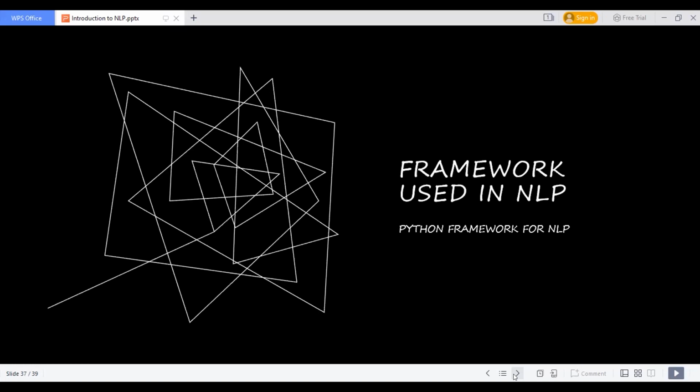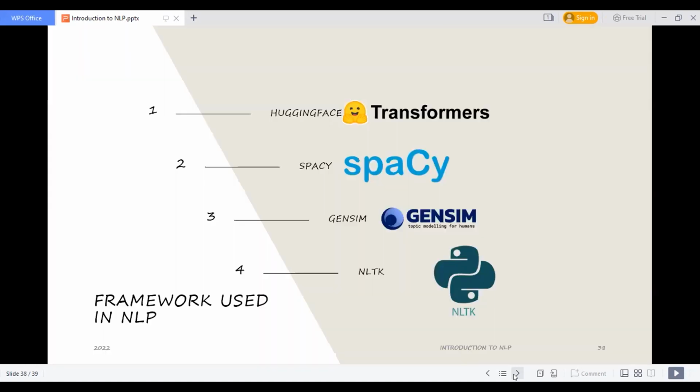Now these are the most important libraries if you want to work with NLP. Of course, sklearn or any basic thing is required, like pandas is required to read a file. That's not a part of our discussion, and we know all those things, but NLTK is the most important one. Hugging Face,